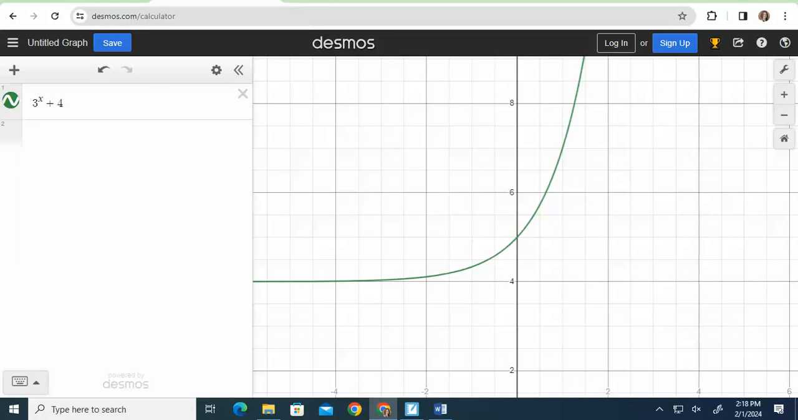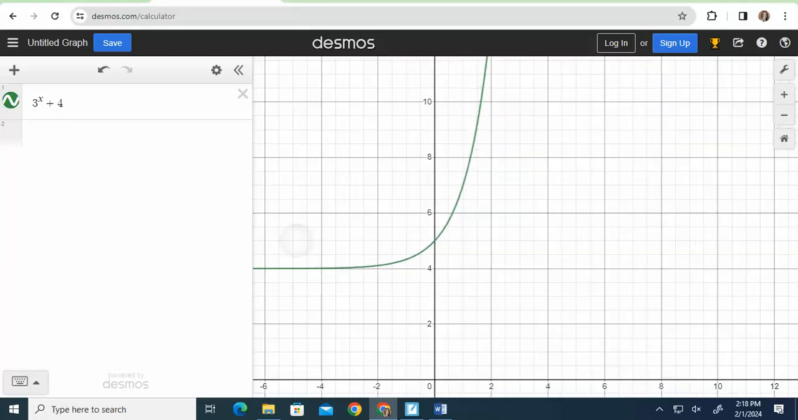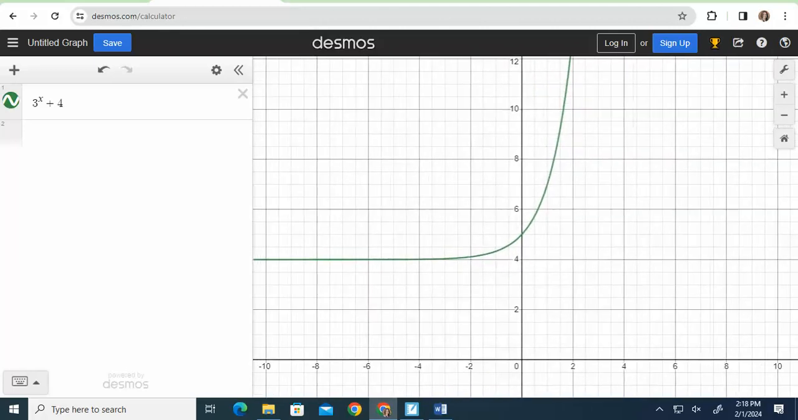5. Okay. The range. Let's kind of look. Where does this graph stop? Like when I'm graphing, it kind of flattens out at what number? 4. And then it's everything above. So it would be y is